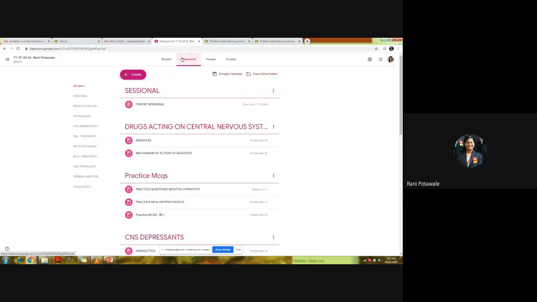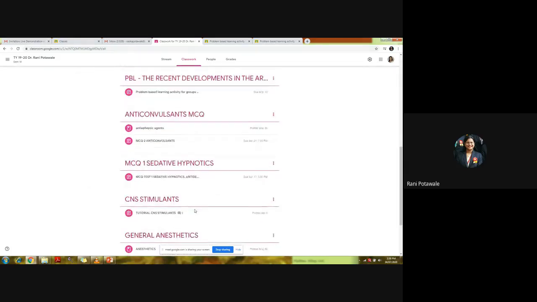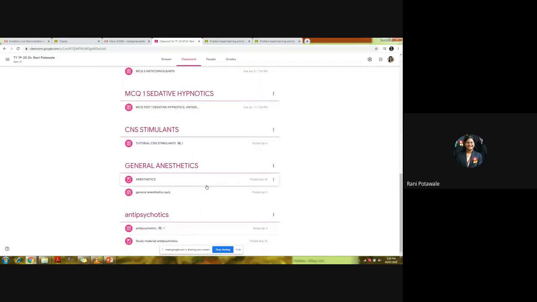Now, if we see this classwork platform, here we can see the create option, and here we are able to create different types of assignments like simple assignments, handwritten assignments, typewritten assignments. Then we can ask MCQ or quiz type of assignments, and even short question type of assignments. We can post study material, and in order to organize this study material and different types of assignments, we can create different topics. So here I would like to show some examples of different types of assignments.